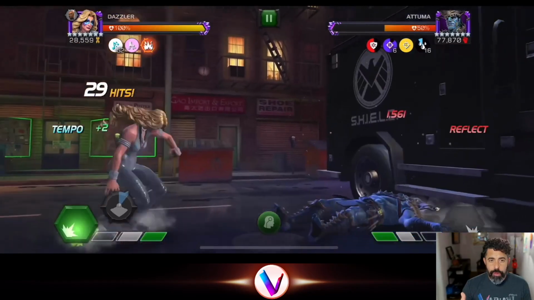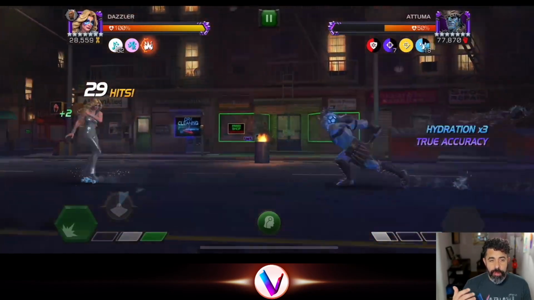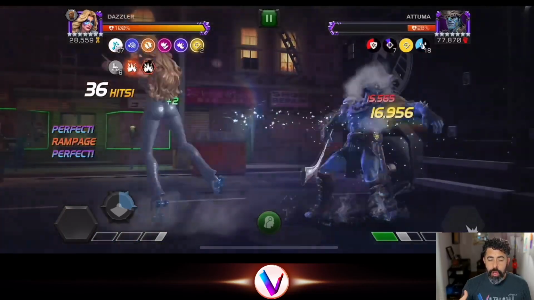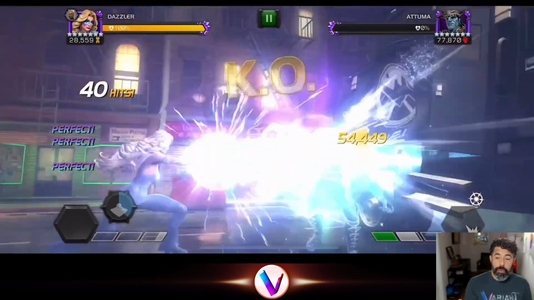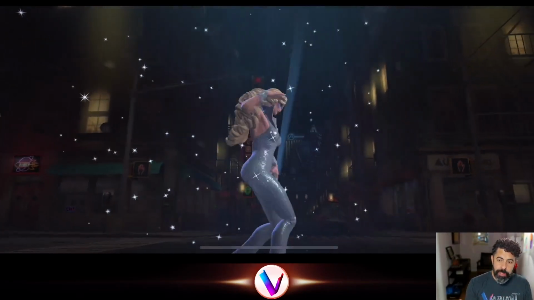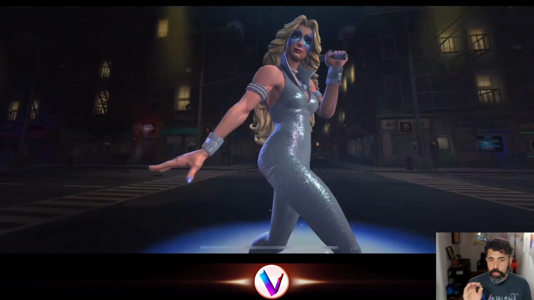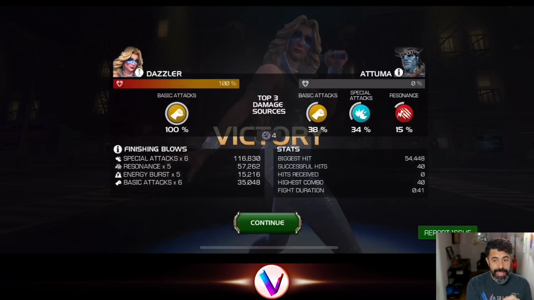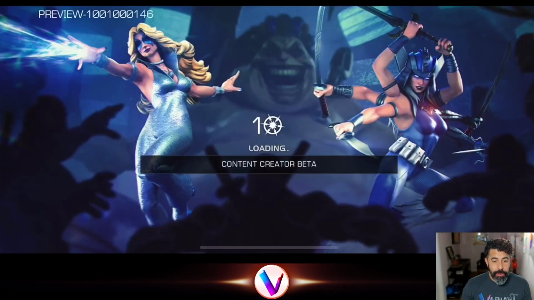Now we're going to go in and throw our SP2 here. We are going to have, let's say, probably around 50 some odd, 60 of our tempos. All of those buffs have their potency increased by how much tempo we have. That's why tempo is so important. 1, it helps you with the dazzling dash. 2, it's going to increase the potency of those SP2s. That was a rank 2 Dazzler destroying a rank 3 Atuma with all that health, and I missed the tempos